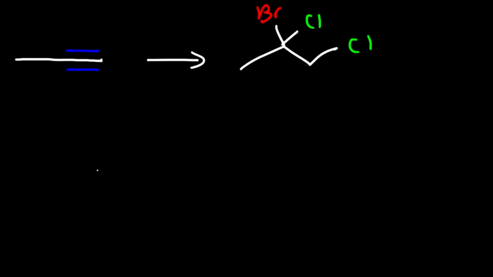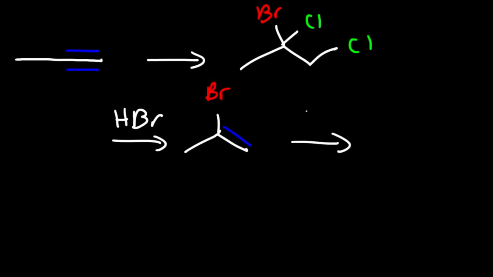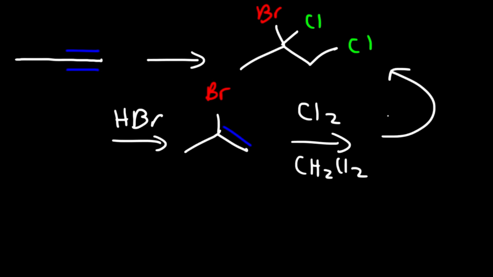So one way we can do this is we can start by adding HBr. And so this will give us initially a double bond with a bromine atom. And then in the second step, we could simply add Cl2 with dichloromethane, and that will give us this final